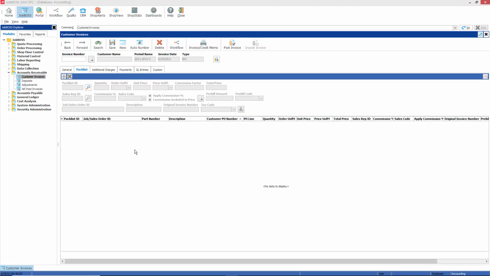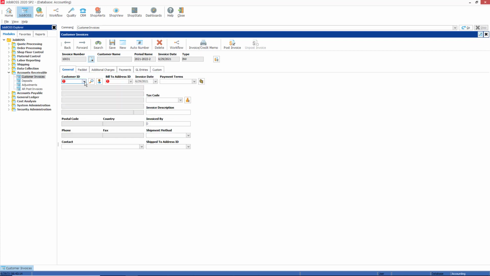Let's get started. The first thing we're going to do under customer invoices is auto number our invoice number. I'm going to click on the auto number here and hit my tab key on my keyboard, and that's going to auto number my invoice for my prepayment. The next thing I want to do on the general tab is choose a customer, and in this case we're going to pre-bill Caterpillar Incorporated. So I'm going to choose Caterpillar Incorporated from my customer ID list, hit my tab key,